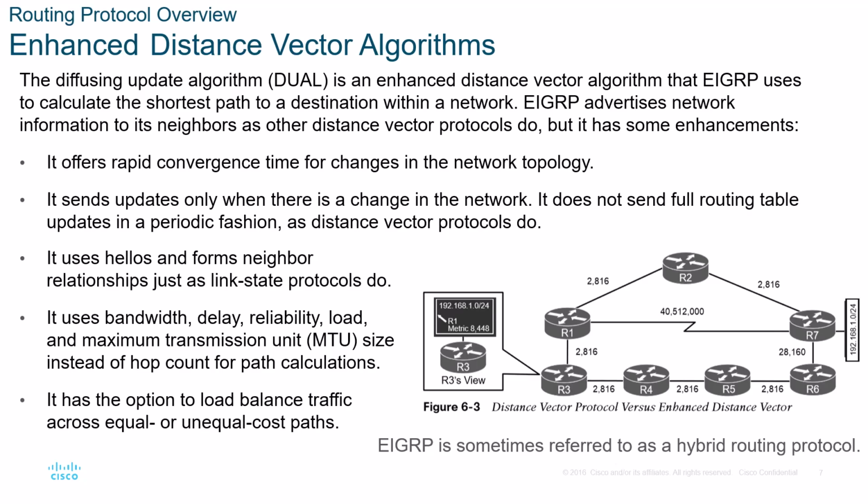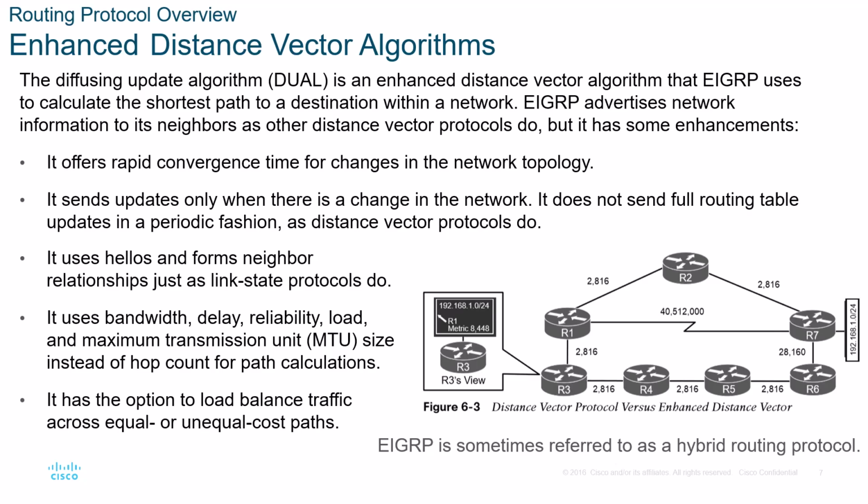Basically, we are doing a calculation to determine the appropriate path from source to destination, including bandwidth, delay, reliability, load on the link, and the MTU size. These calculations will be used instead of hop count, and there's actually a formula that is normally presented, but we will get to the calculation when we talk about EIGRP as a dedicated module,